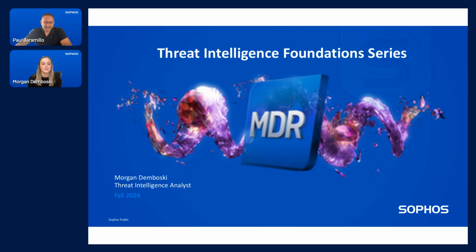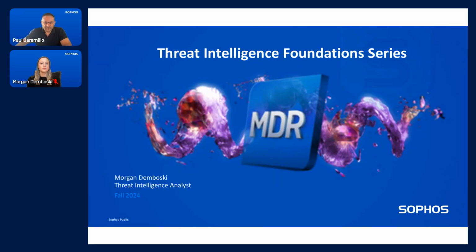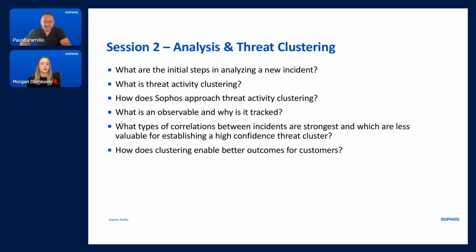And some of you may recognize Morgan from this summer's Black Hat presentation with her colleague Mark Parsons. If you haven't checked it out yet, Crimson Palace, it was a great threat hunt that uncovered some Chinese espionage. You can read all about that on news.sophos.com. But today we're going to go over how intelligence works and give you some education on the background of how something like a threat hunt can turn into uncovering an espionage campaign. So in terms of the agenda, we're going to cover the steps of analyzing a new incident